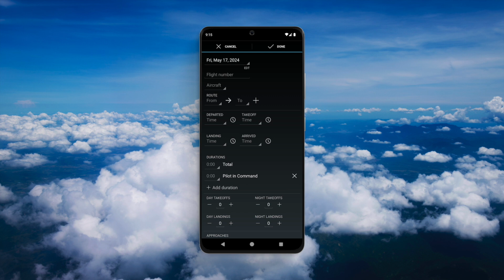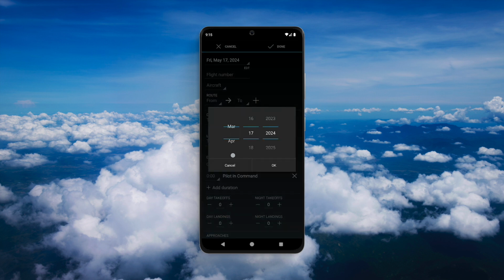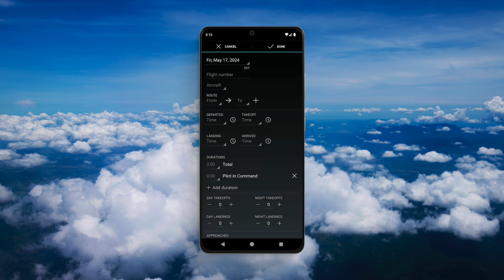The top one here is the date field. Now, this is the only field populated by default. And you can see it's set to today's date. Now, if we were logging a prior flight, we could just tap that field and we could choose any other date we like. But for now, we'll go ahead and keep that as the current date and move down to the flight number